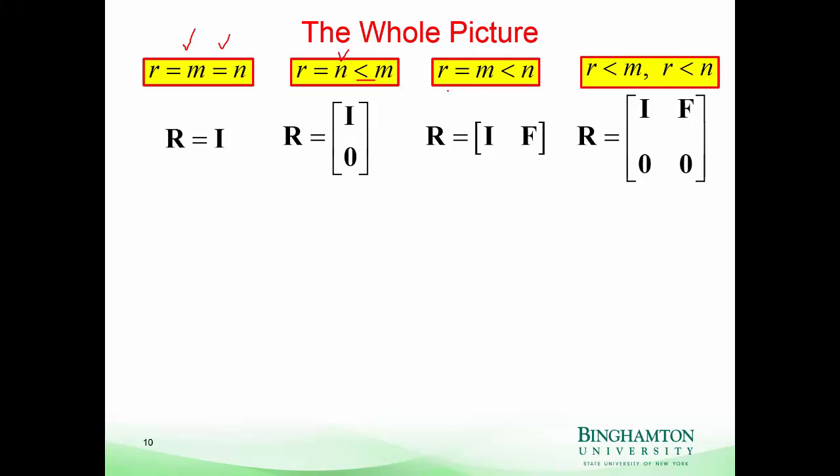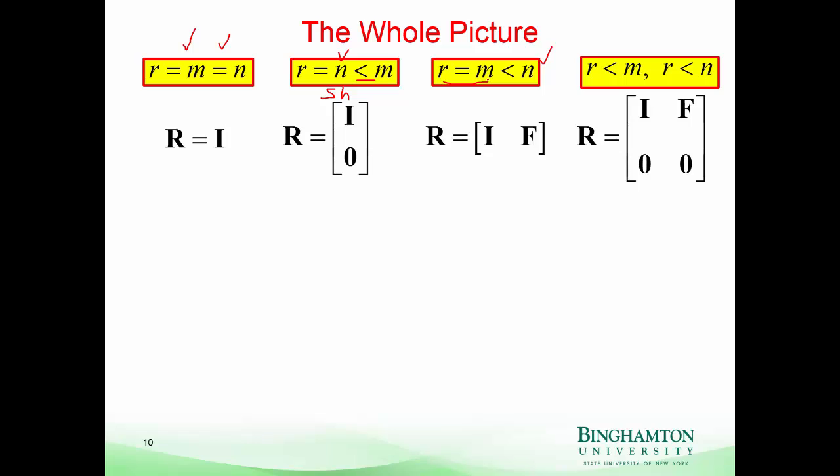Then here we have full row rank, and again we're eliminating the possibility of a square matrix. So this is really saying, let's see, n is less than m, so there are more rows than columns. So this is short, and this is the